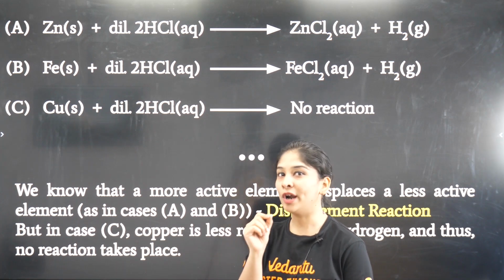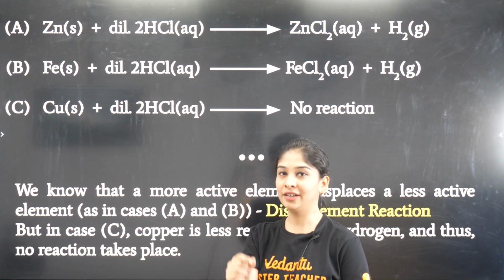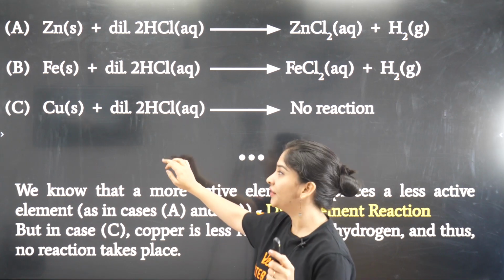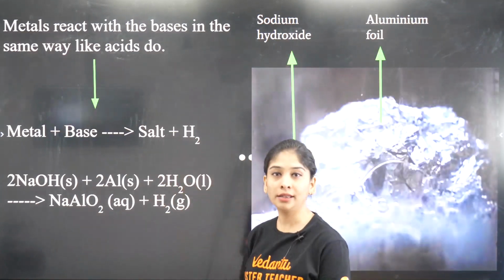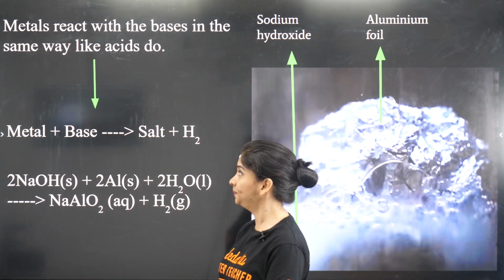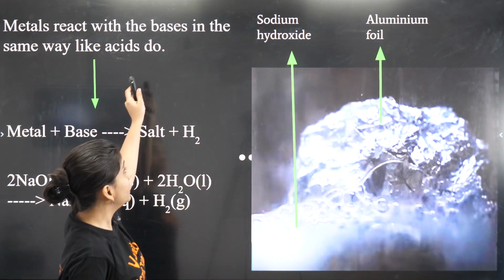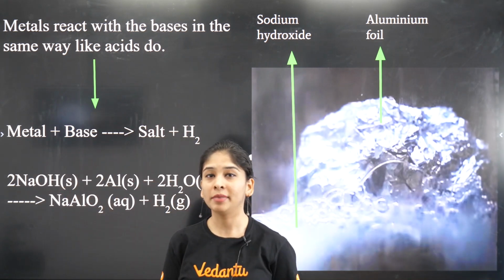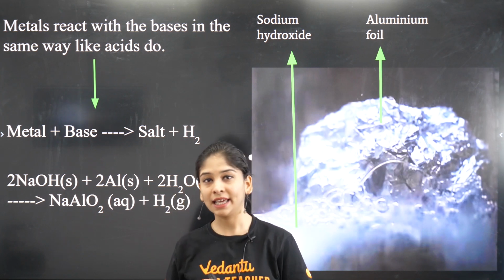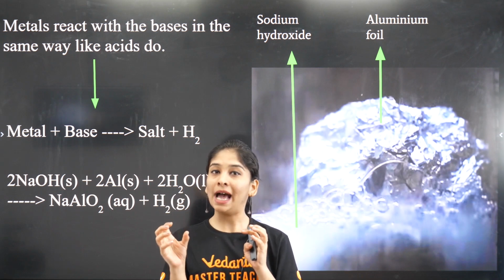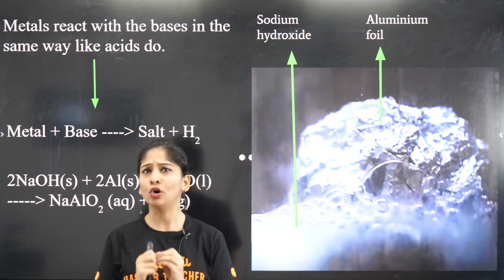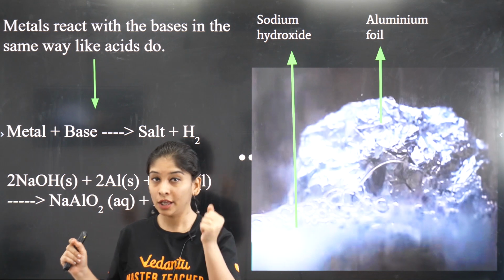So what do we have to do, what is the point? You have to remember the reactivity series. You should know the single displacement reaction. If we are going to talk about the reaction of metal with what? Dilute acid, because we are doing the reaction of acid now. Acid with metal. Let's move ahead. There is a second type of reaction, where metal can behave the same way with bases also. So we have seen the acid part with metal. Now we are going to follow what will happen when we put metal in a base. So the reaction is possible, but not with every possible metal. Why is that?